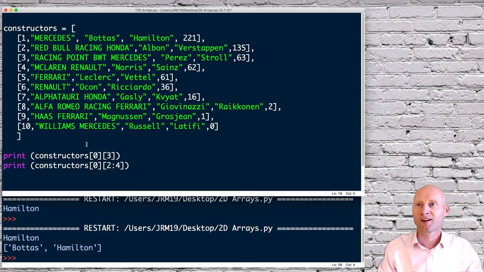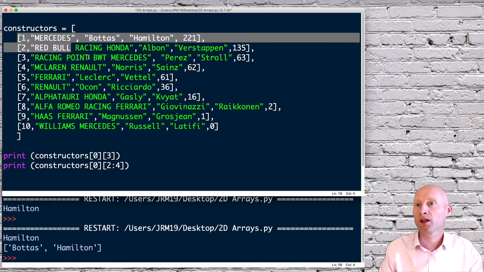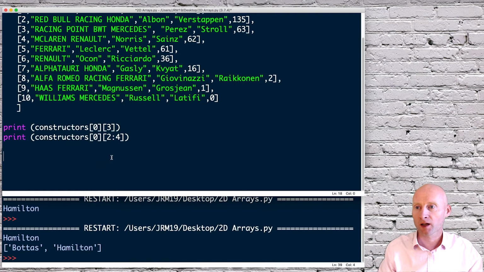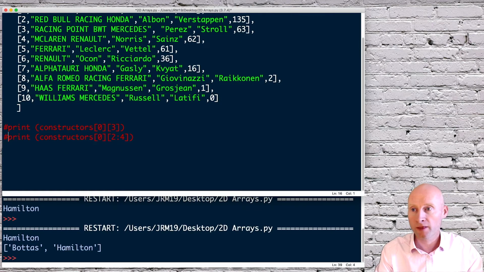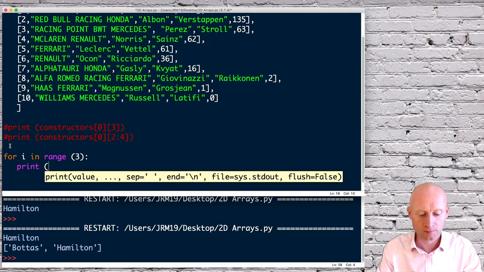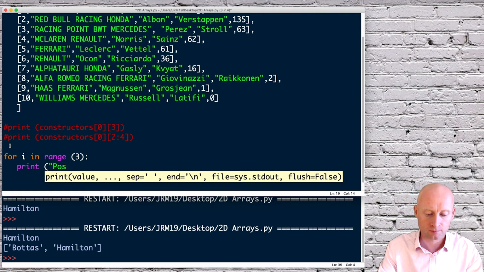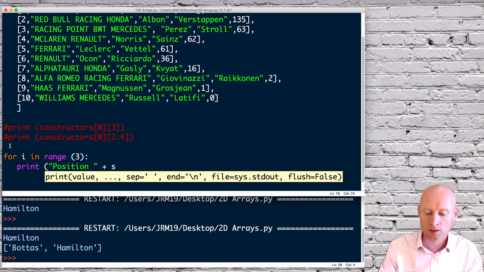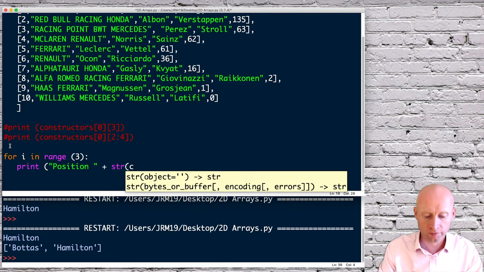Okay, cool. Next, let's see if we can print the top 3 teams from this list. So to do this, if I create a for loop, before I start, I'll just comment these out. And then if I say for i in range of 3, because we'll print the top 3 teams, and then within that I can say print, if I can spell print, and then let's make this neat, position followed by the string of the